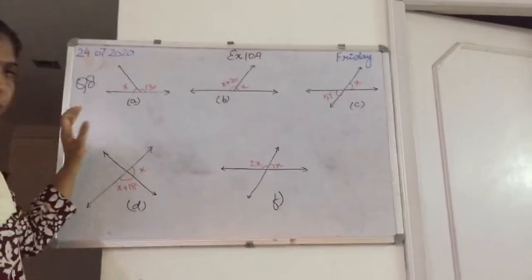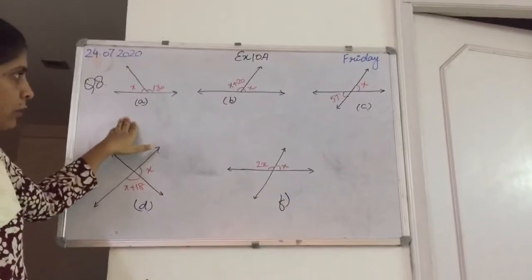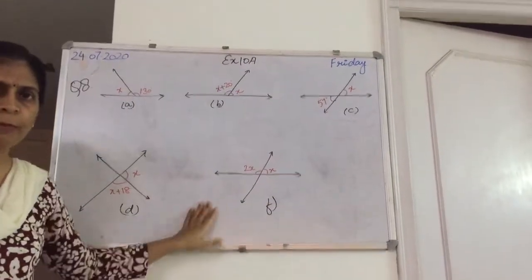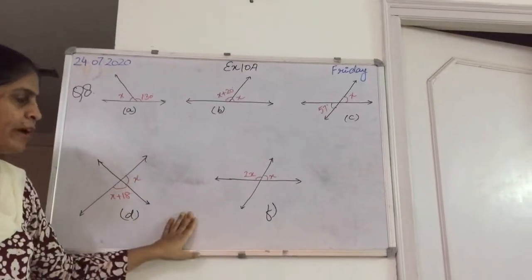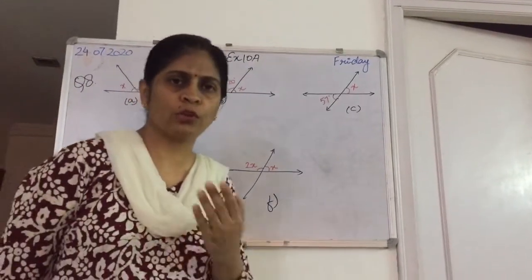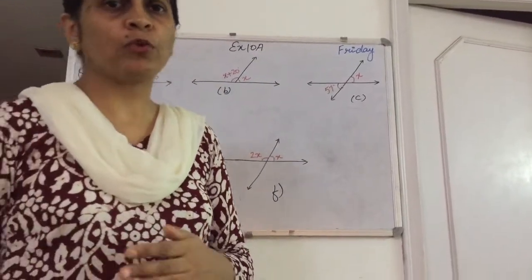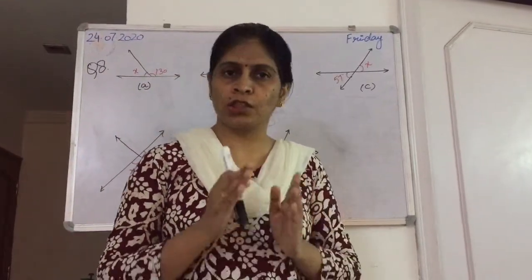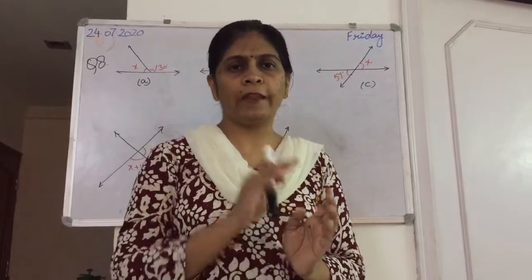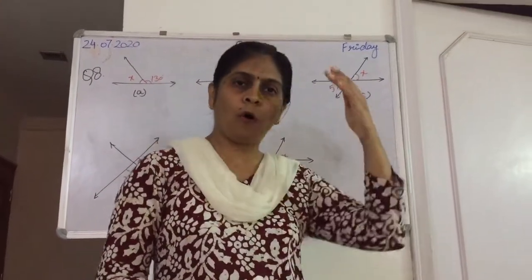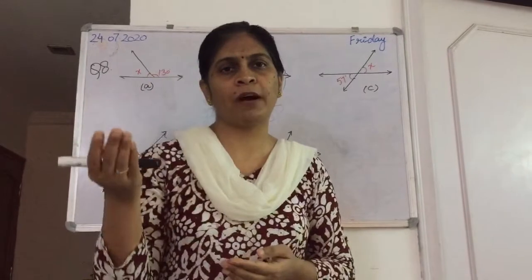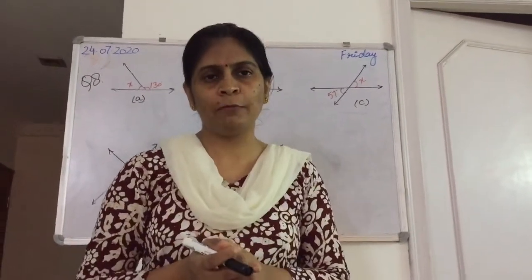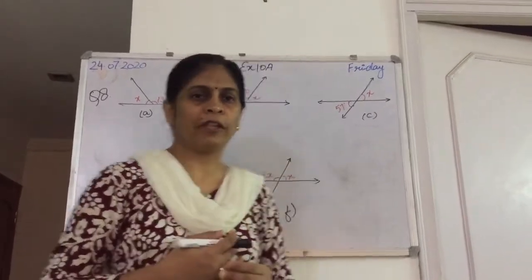Okay, let's do question number 8. Now I have drawn the diagrams of A, B, C, D and F. E part I will do it and rest of the parts I will just explain to you so that you will do by yourself. Students, if you are doing 3 parts on one page, please first do the solution and then draw the diagram. Don't draw all the diagrams in one page and remaining parts on another page. However many parts you do on the same page, draw the diagrams of only those.